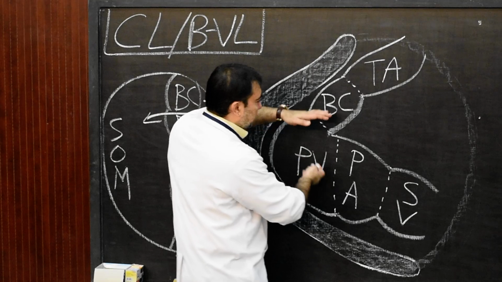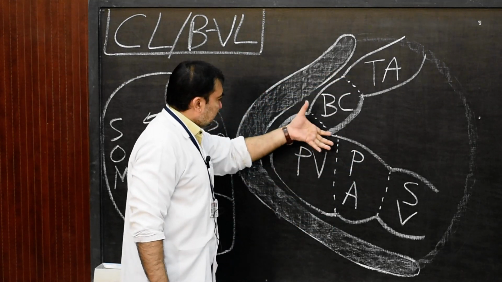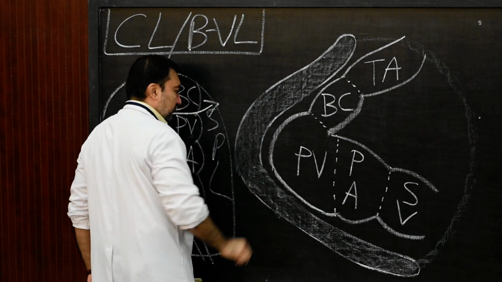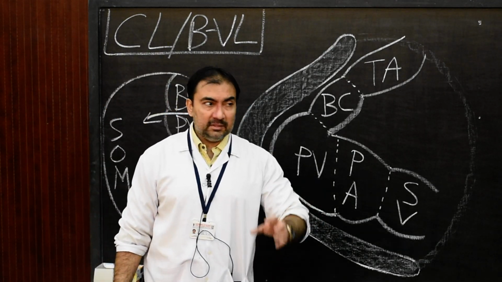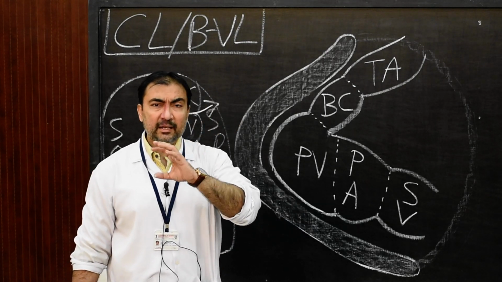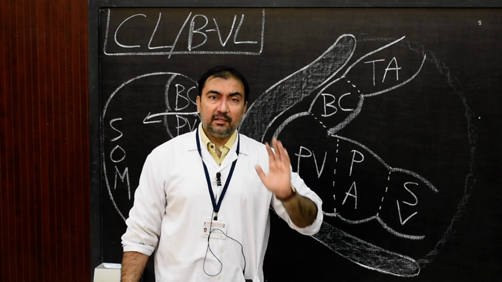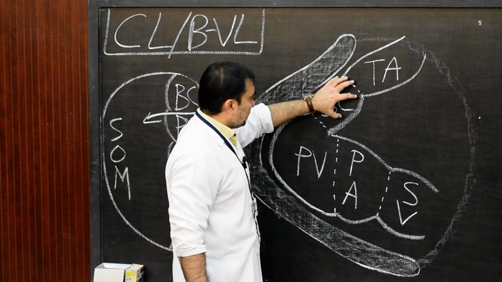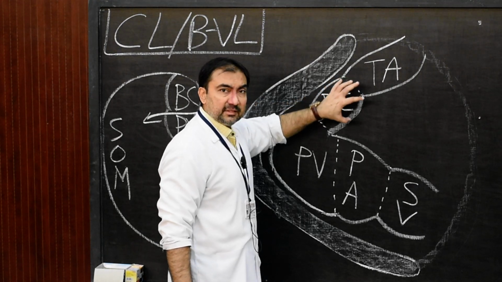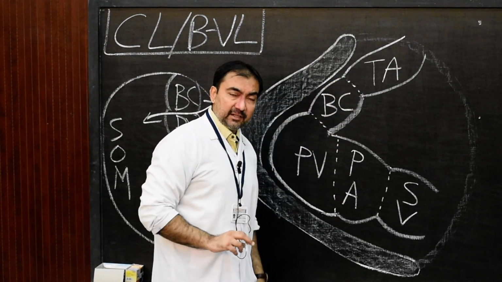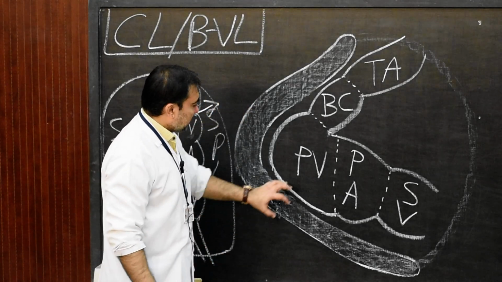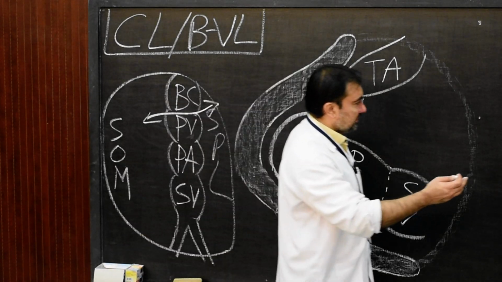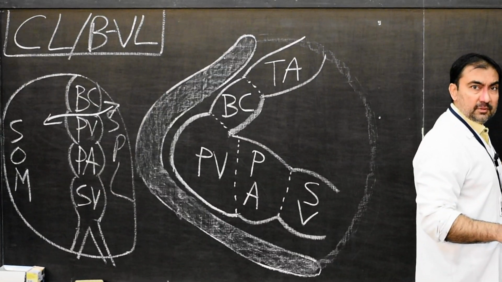As this loop is created, as I told you, this segment will settle in the ventral and caudal region, and because of this, this entire cardiac loop will have cephalic and caudal ends. The cephalic most end of this loop will be contributed by truncus arteriosus and bulbus cordis, and the caudal most end of this loop will be contributed by primitive ventricle.